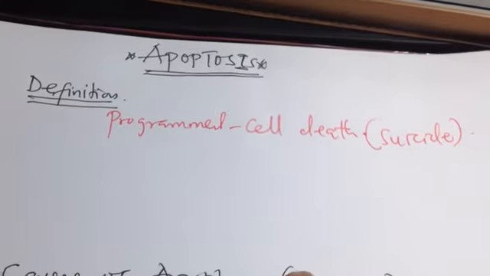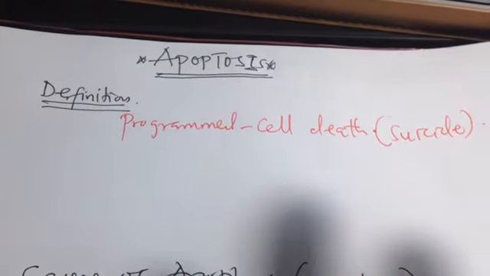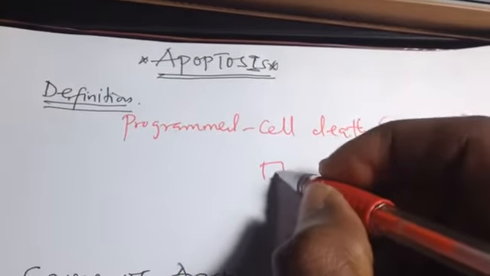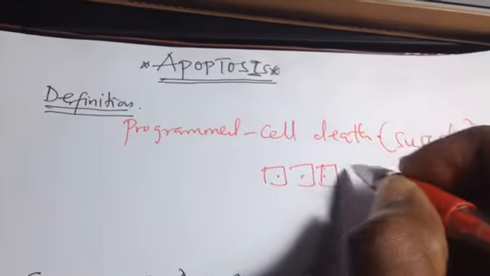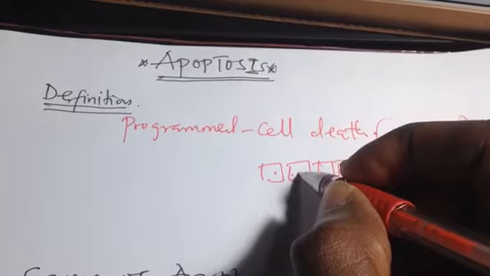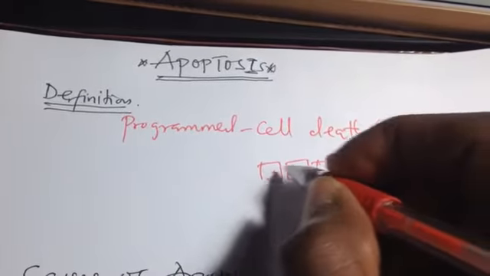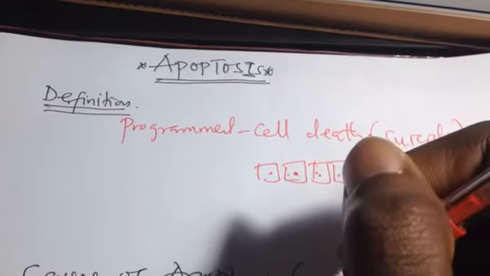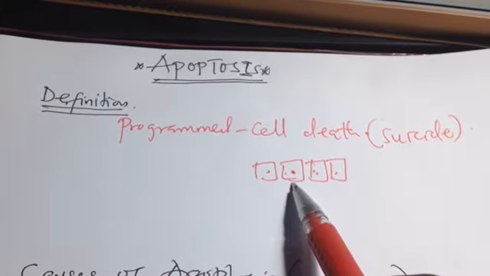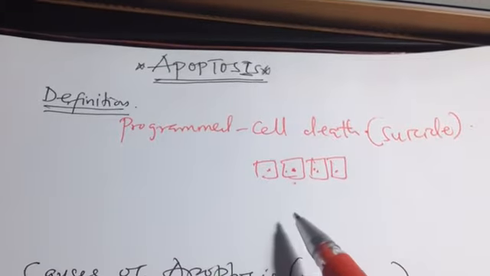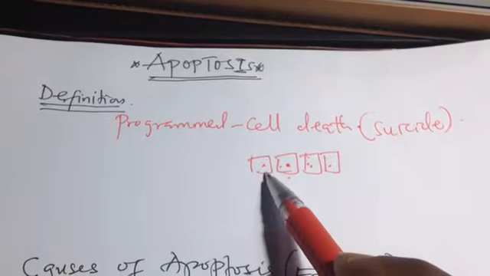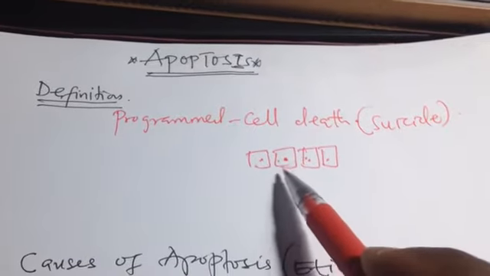And in apoptosis, to add a highlight, if we have a group of cells like this, and this cell wants to undergo apoptosis, the neighboring cells will not even know that this cell is going to undergo apoptosis. This means the death of this cell will not affect the rest of the cells. But in necrosis, the death of this cell can definitely affect the neighboring cells, right? So we don't like that. We like apoptosis.